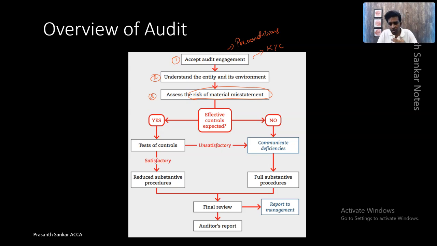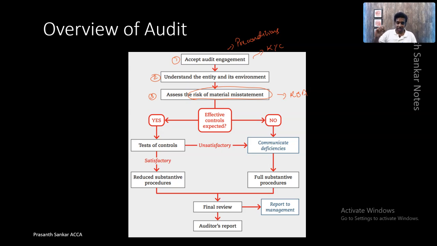And if he is not identifying the mistake, that is a risk for him. Again, why? Because if he is giving a wrong opinion, as I told you, there will be many people depending upon his opinion, and they will blame the auditor. And that is a risk. So this is where our risk-based audit comes in. We are trying to identify potential misstatements that could occur in any engagement. That's the primary step that we try to identify.